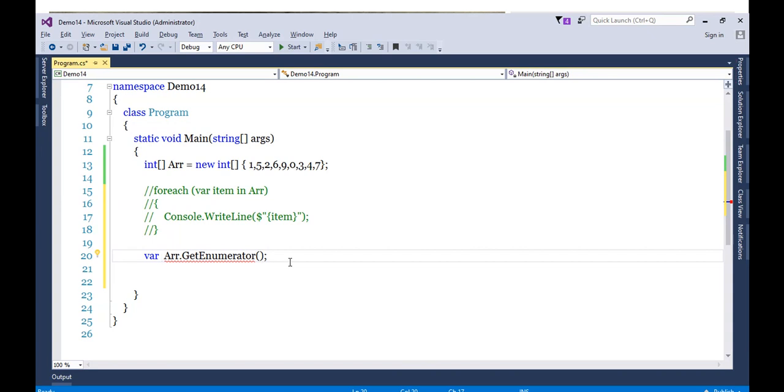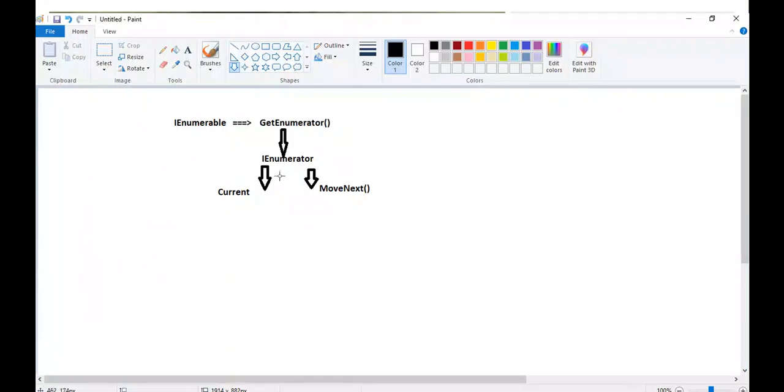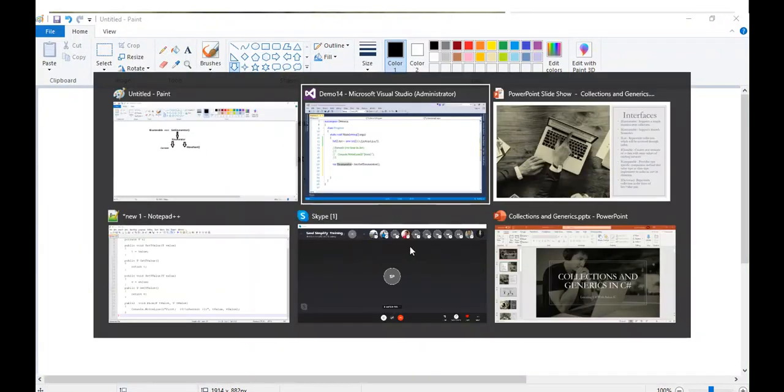So var, let's say enumerator. So I got the enumerator lined up, and this enumerator will actually do the iteration. And to do the iteration, the enumerator will be using these two functionalities. What are those? The Current property and MoveNext.